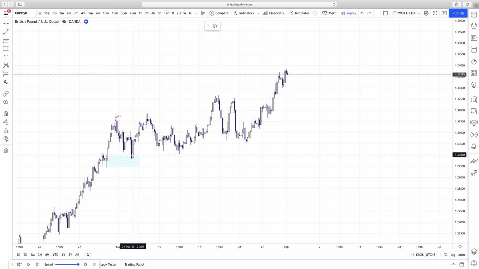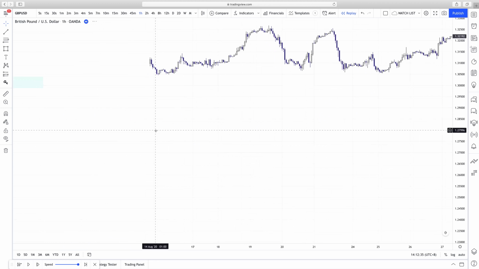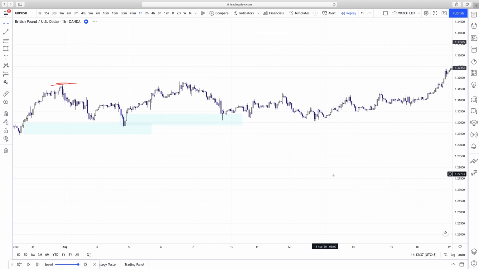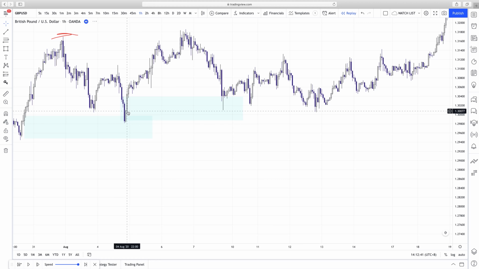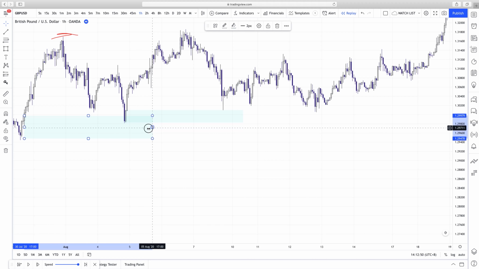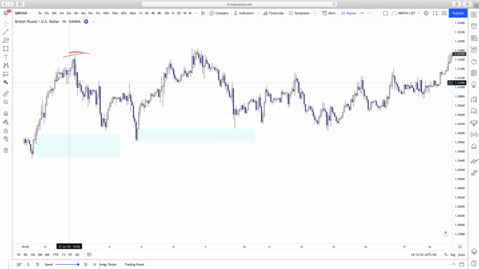So we broke the high from this level, and if I go down to a lower time frame, say the 1 hour, let's see what it looks like. As you can see, this last move here is our demand level, where you could have taken a buy, because this is the last point of demand that broke this level right here, causing a change of